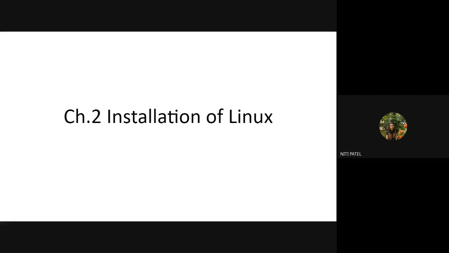We are also aware of the different directories inside Linux, and the different users inside Linux. So we have the root user and a normal user. For both of them, the shell or the terminal is different. So now we'll see how we install this operating system inside our computer.